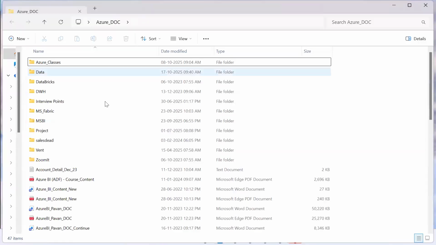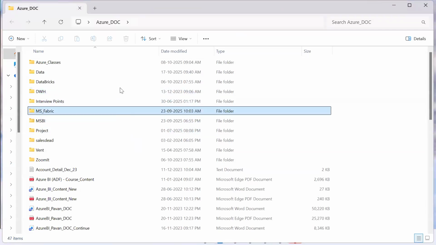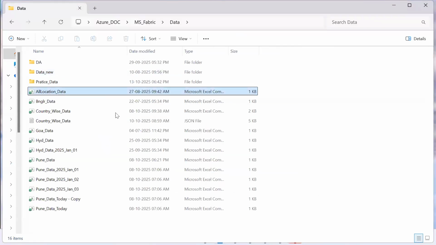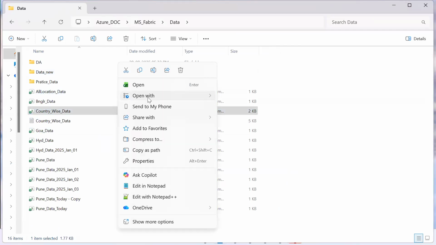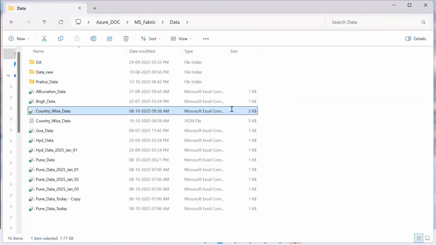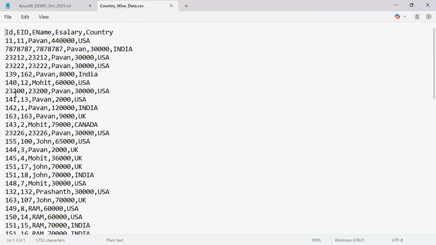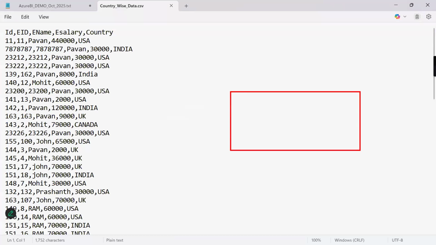My data is in this file. Example, let's take this is my data. You have country-wise data, country-wise sales. This is your data. Why can't you do the analysis here only? Why do you require a database? Why do you require ETL? Why can't you do the analysis here only? What is the purpose of loading the data into the database? What is the reason? Does anyone know? What is the reason why we are loading this data into the database?